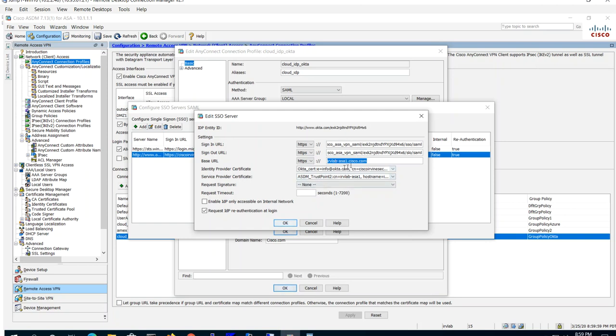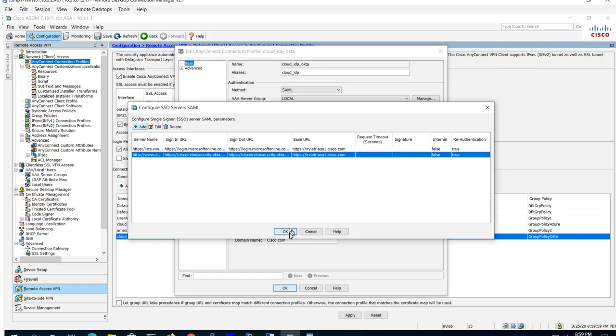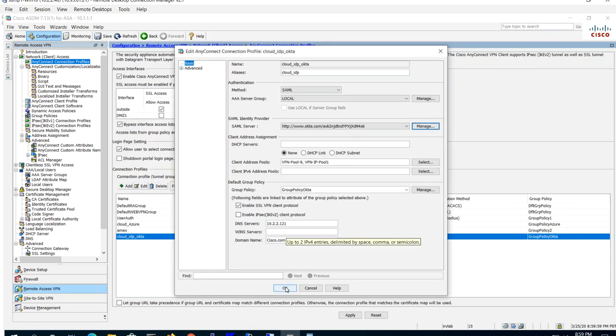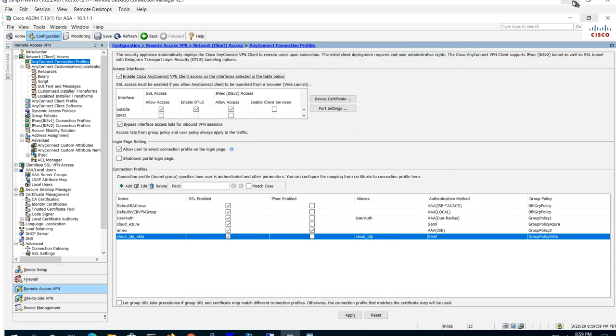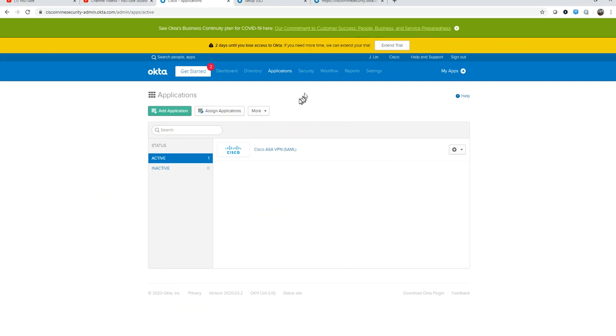Okay, so these parameters come from the Okta portal, and let me show you that. You'll have to log into your Okta portal, and here's just my trial account through Okta. And in my account, if you log in and you go into the applications, here it is. So I created one called Cisco ASA SAML authentication, or configuration here. And if I drill into it,